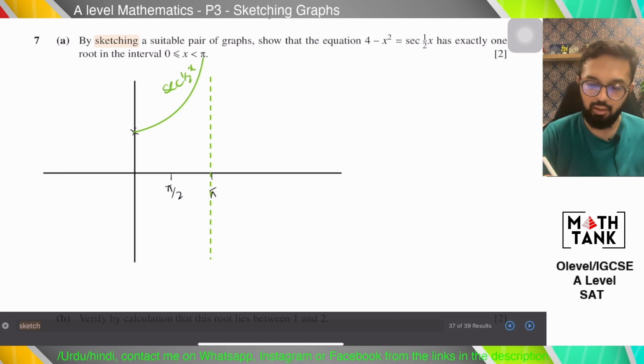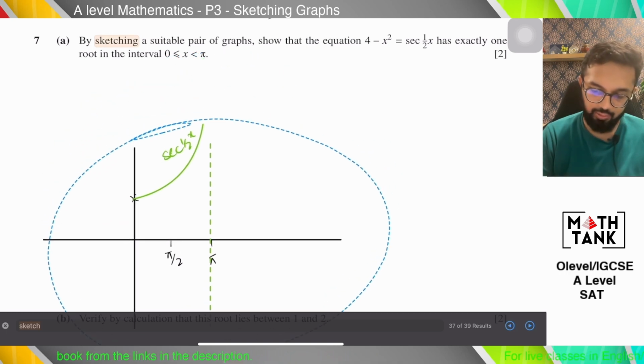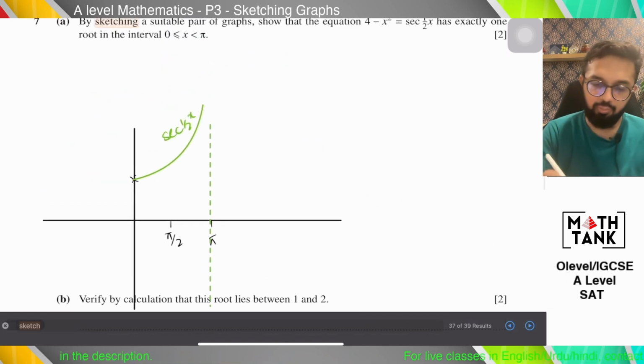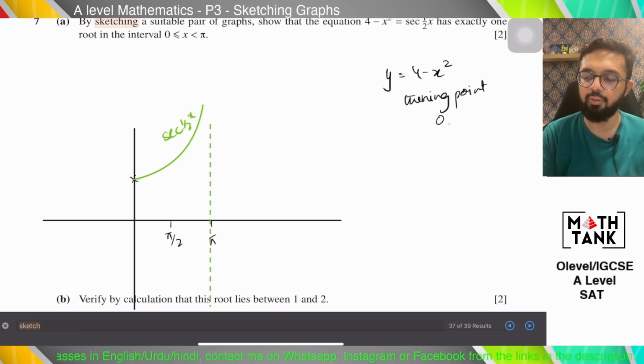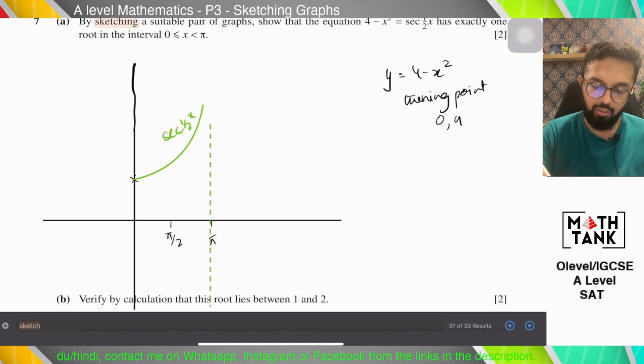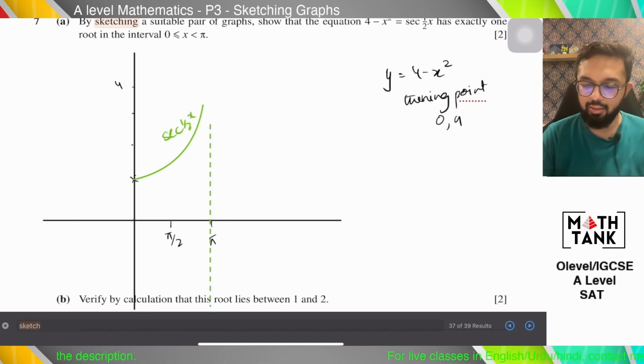The real challenge here is, what I should do is move the graph down so that I can draw the axis properly. I've taken a bit of a large axis, but again, 4 minus x squared. I should know where my turning point is. Like I found out the turning point, this also looks similar. The turning point is at 0, comma 4. Now a lot of people are confused about where the other point has to be drawn. I know that this graph has to look something like this, right? And the best way out is to just take the